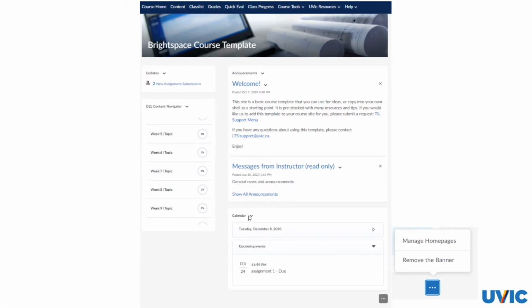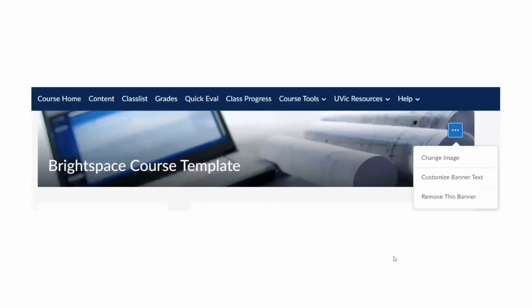different widgets enabled. So to make changes to your home page, navigate to the bottom right corner here with the three dots, and then if you want to change the home page you will select Manage Home Pages to see the list. You can also choose to remove the banner if you don't like how it looks. Additionally, there is an options in the top right corner here. When you select the three dots, you can choose to change the image in the banner, customize its text, or